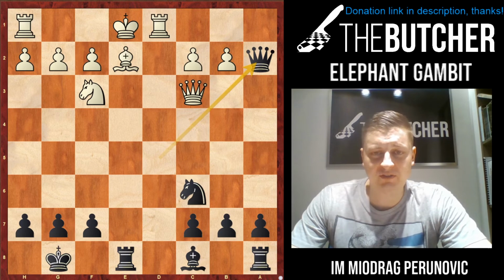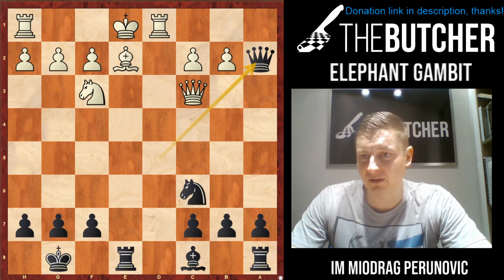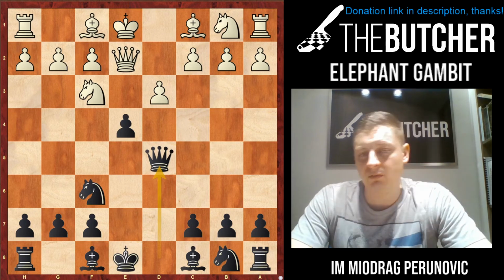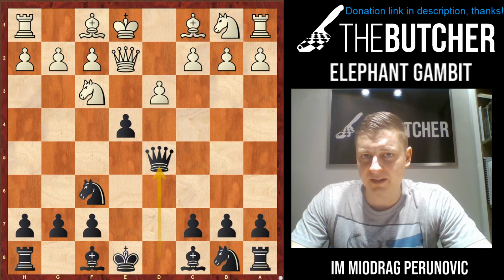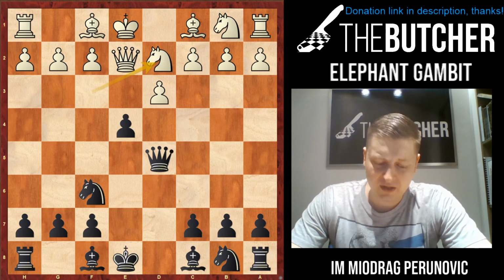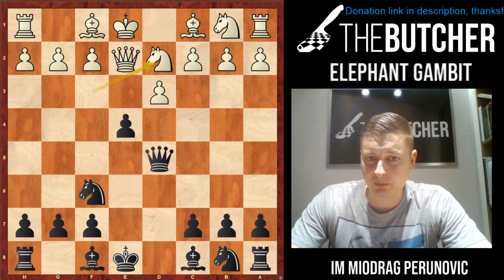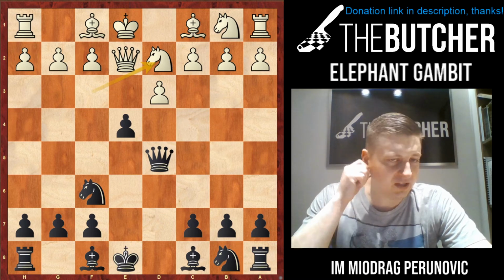Usually in gambits, we're supposed to end up being down a pawn. Not being up a pawn. Here, black is just so much better. All things considered, knight c3 is not a good move for white. Lots of players go with this knight fd2. I remember when I was teaching my students in the past how to play this variation, I taught them to play knight fd2. And I was always insisting, play like this, play knight c3,